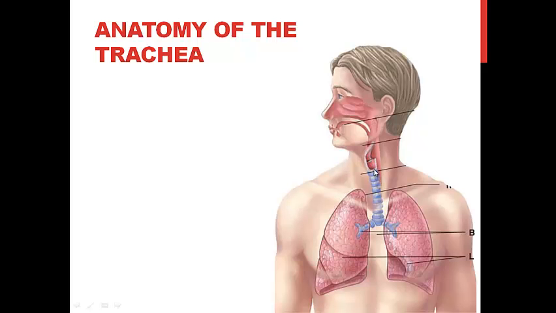It's a continuation of the larynx, and it usually begins at the level of C6. It passes down the neck and part way down the thorax, and then it divides into two separate tubes leading into each of the lungs. The trachea is a cartilaginous structure, meaning that it is made up of cartilages, and these cartilages are not found